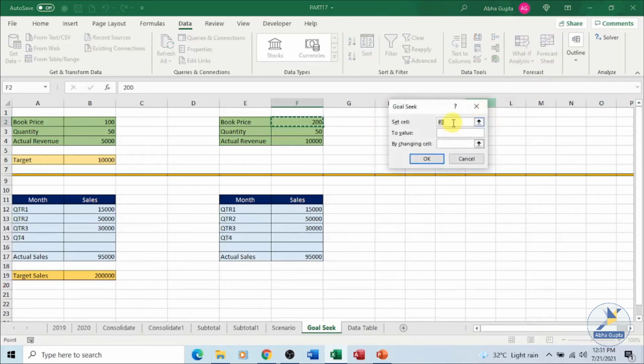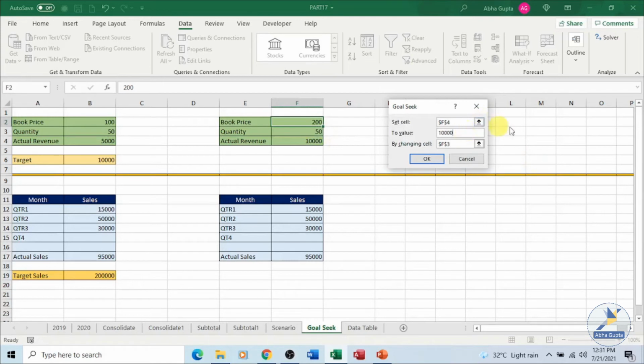Again, this time let's change the quantity. GoalSeek, which cell do you want to set? Say we want to set this one to a value of, our target is 10,000 this time. But this time instead of changing the book price, we want to change the quantity. This is what we are trying to change.